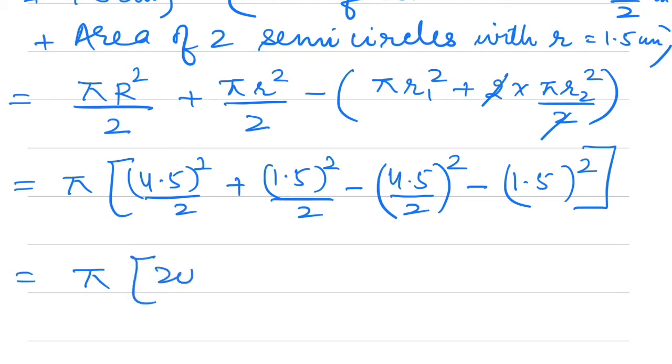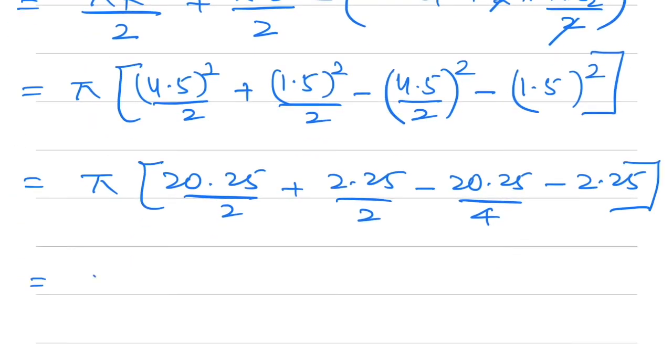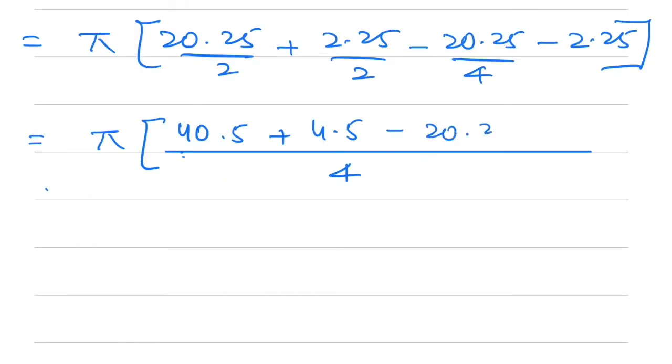This is equal to 20.25 by 2 plus 2.25 by 2 minus 20.25 by 4 minus 2.25 is equal to pi. Let's take the LCM, is 4, so this will be 40.5 plus 4.5 minus 20.25